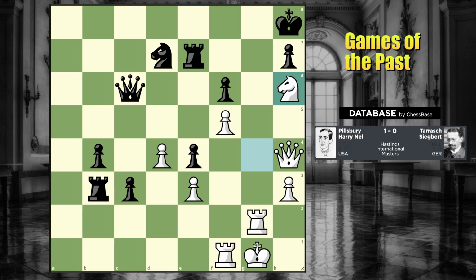Okay, let's see what happened. Knight h6, rook g7. Oh, I didn't consider that defense, but that makes sense, right? Just block the G file. So, okay,